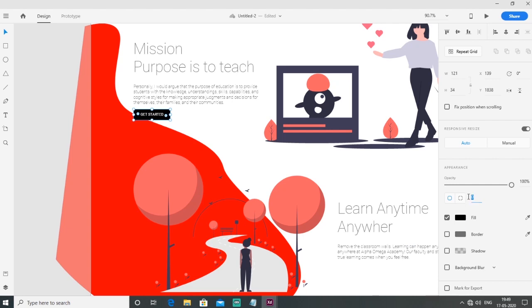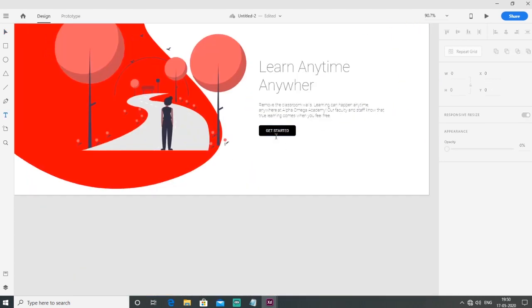And select the rectangle and round it 5 points, and I just copy this and paste here.